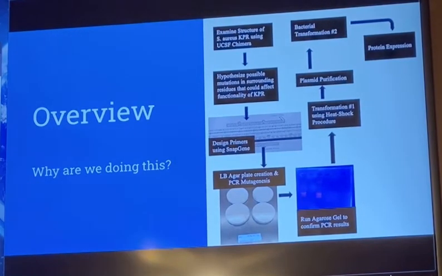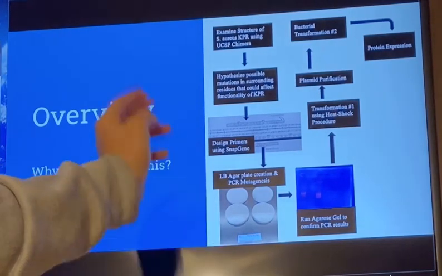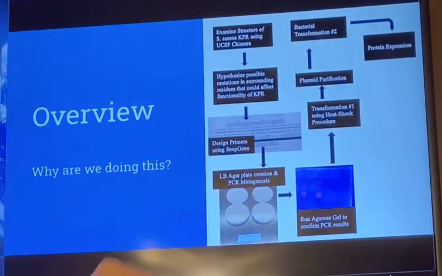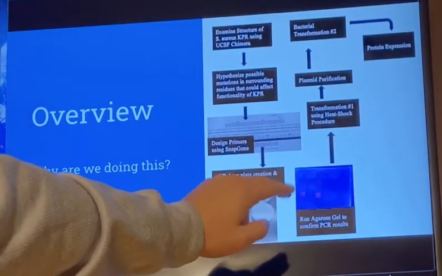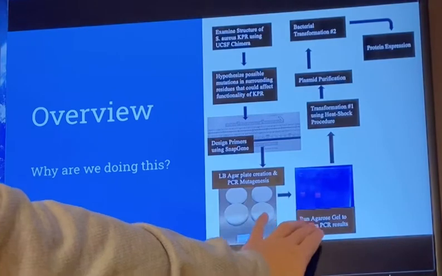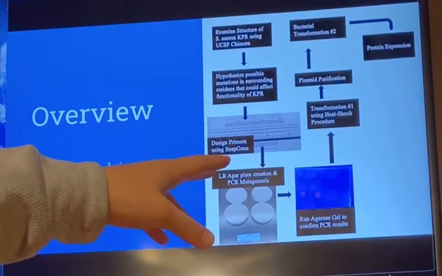So moving on, just the overview, we're going to create LB agar plates. We're going to run PCR mutagenesis. We'll talk about that later. We're going to run an agarose gel and run gel electrophoresis to confirm our PCR results. After that, and we've confirmed our plasmid is in